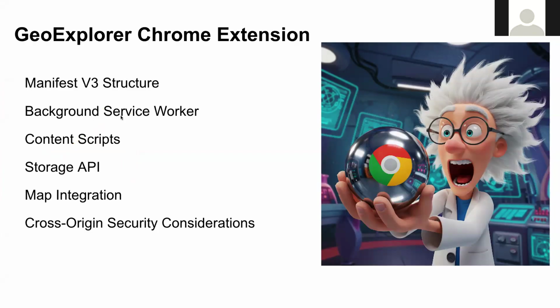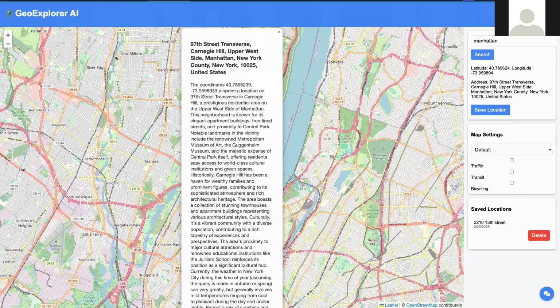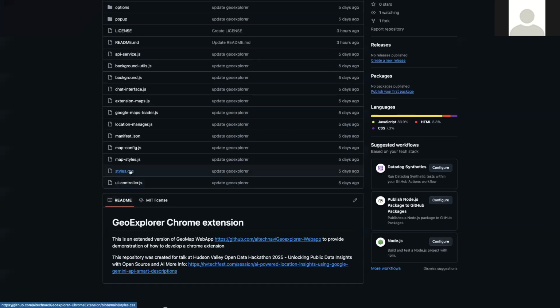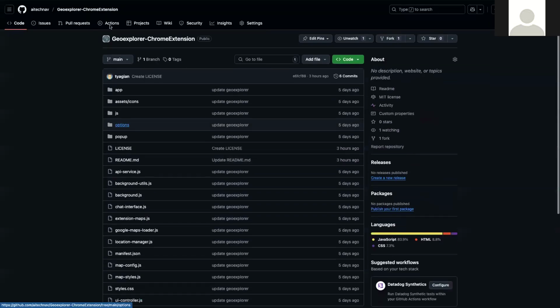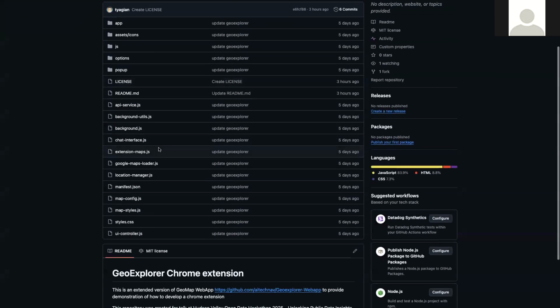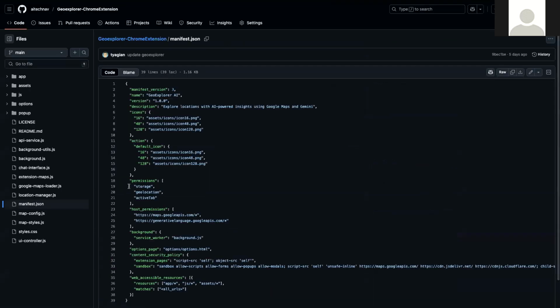This Chrome extension has a couple of different structures that I can explain to you. First we'll go here in our repo. This is the same repo in TechNav with the Chrome extension, GeoExplorer, and one of the most important ones is